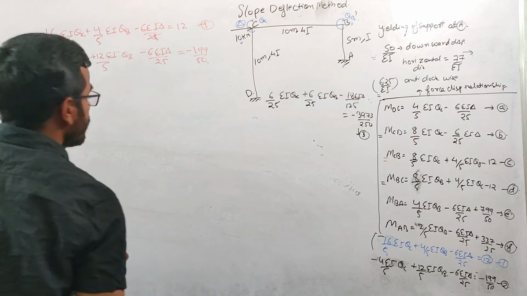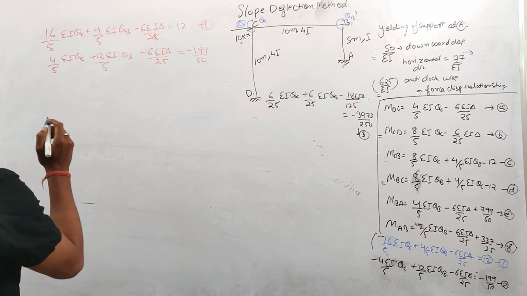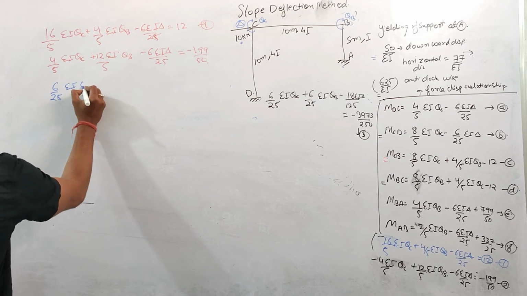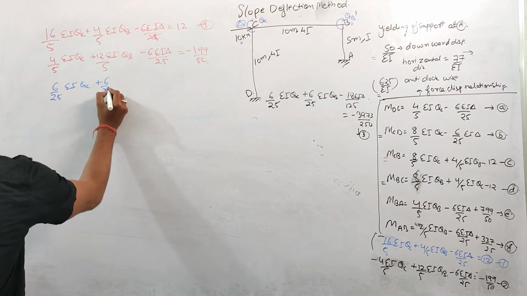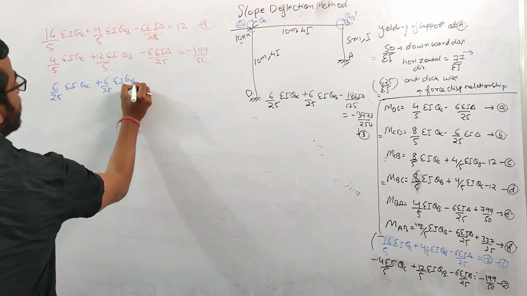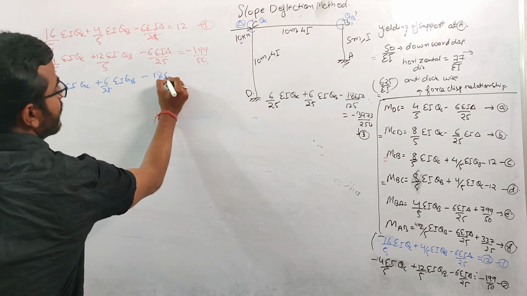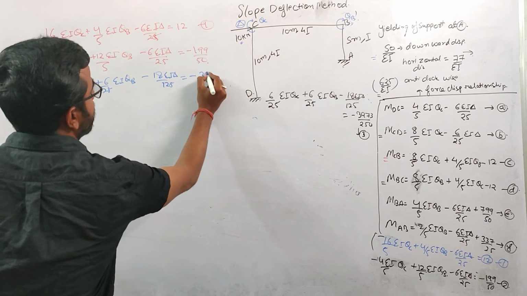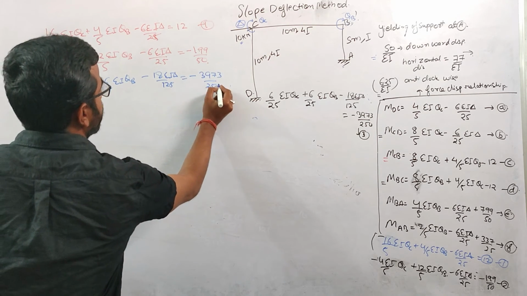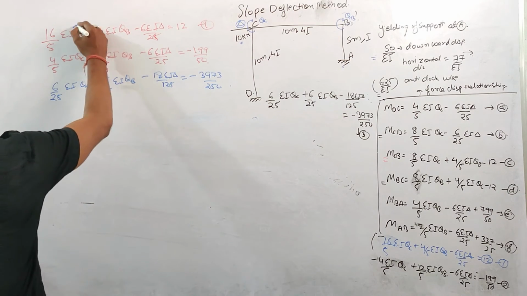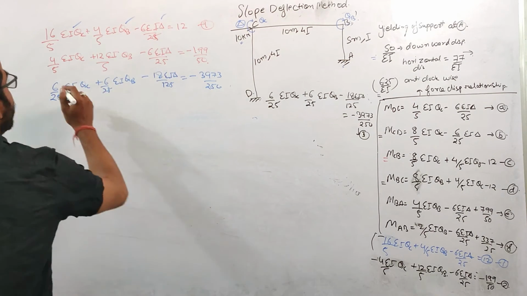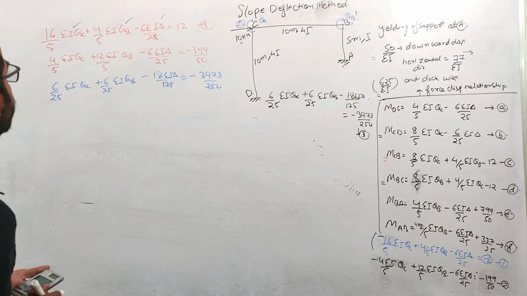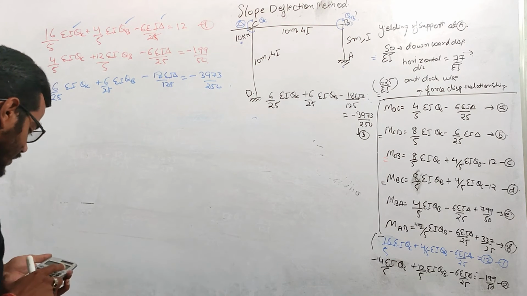So let us write this equation number 3. This is 6 by 25 EI theta C plus 6 by 25 EI theta B minus 18 EI delta over 125, and this is equals to minus 3973 over 250. So basically we have unknowns theta C, theta B and delta, and we have 3 equations available. So we can solve this equation in the calculator. So if we solve this equation,